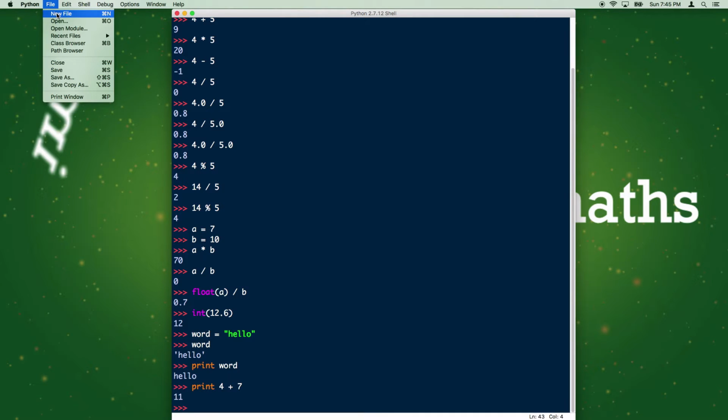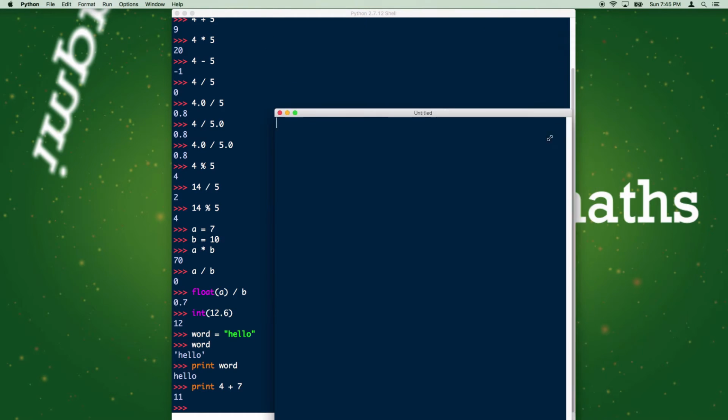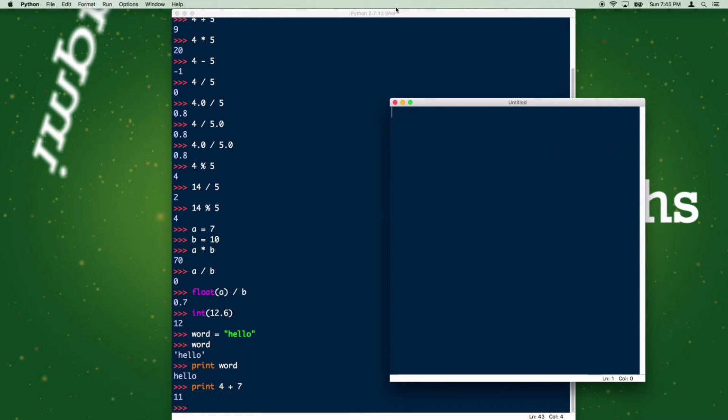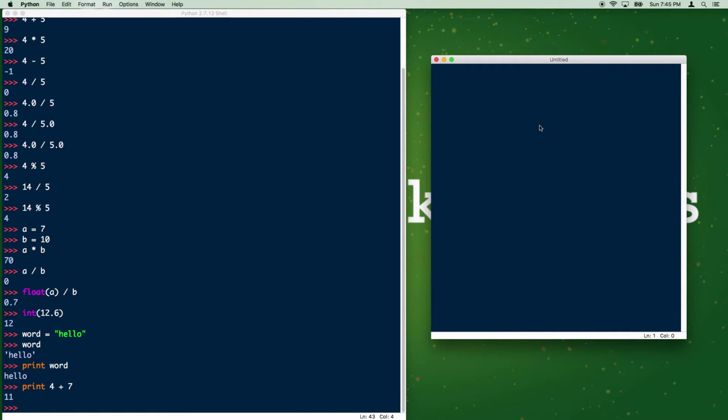So if we go up and open file, do a new file. Here we are with our little file. It's going to be very straightforward. Let's move this across so we can see what's happening. The first thing we want to be able to do is start with comments, and you can use a hash in Python to comment. My first Python program. And the very first Python program that all programmers do, regardless of which language it's in, is to print hello